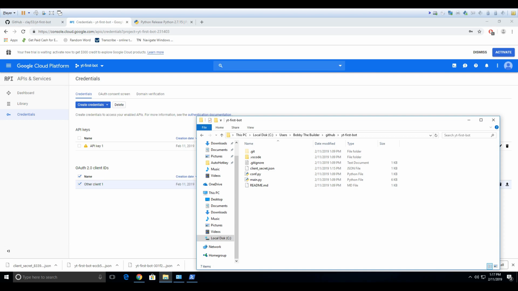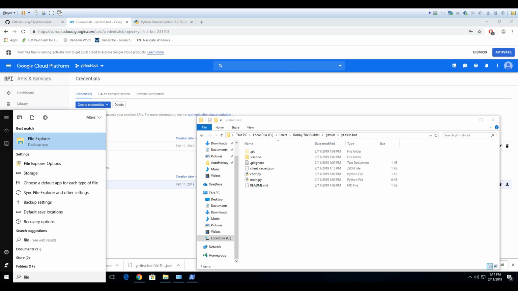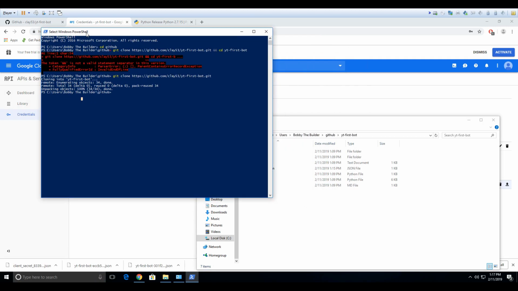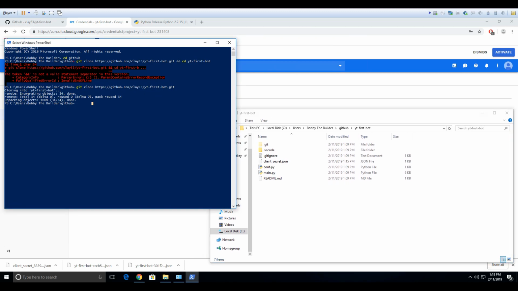So yeah, remember that this section is the same on Linux, macOS, and Windows. It's just a different file explorer. Also, if you're on Windows and don't know how to open File Explorer, hit the Windows key and type in File Explorer and it'll show up there. And now we can go back into our command line and type in